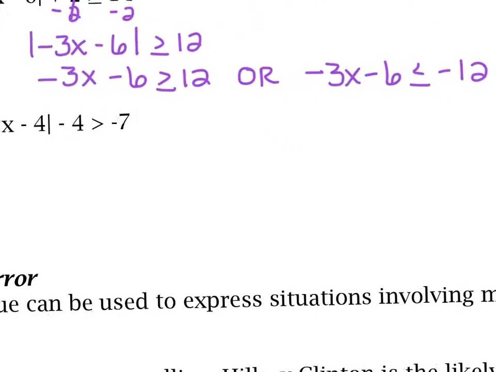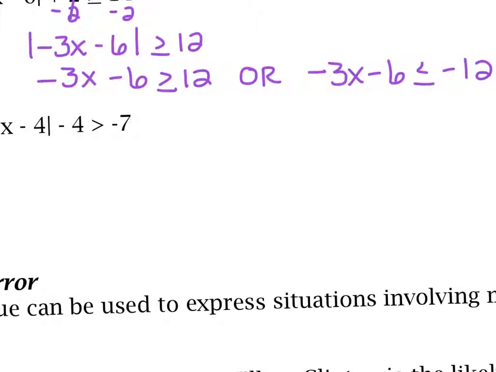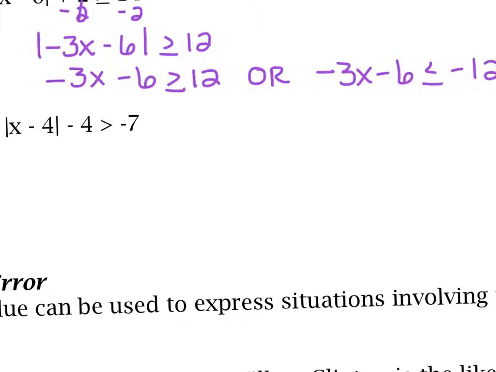I would add 6 to both sides, so I would get negative 3x greater than or equal to 18. And then I would divide by negative 3. Now be careful here. Remember with inequalities, just to add one more crazy flipping thing to this, when you divide by a negative, your inequality needs to flip. So this is now going to say x is less than or equal to negative 6, or,